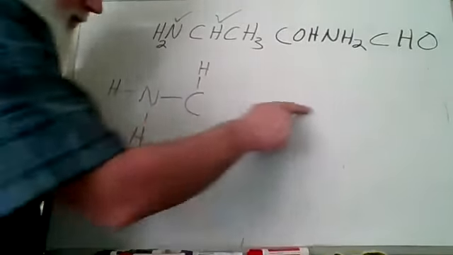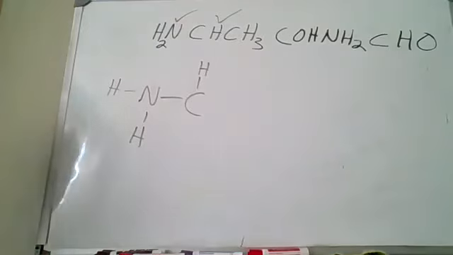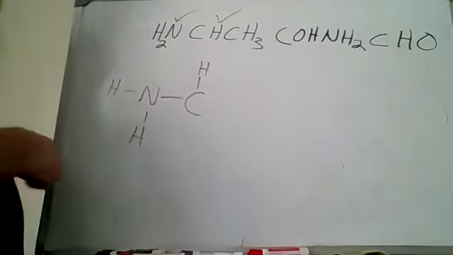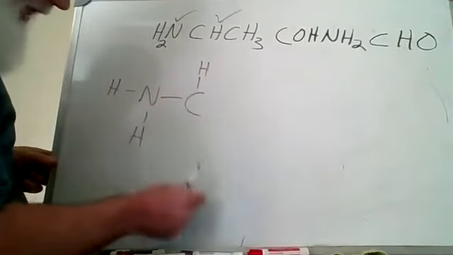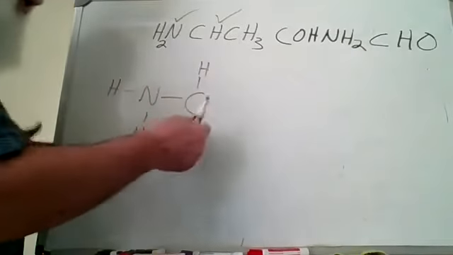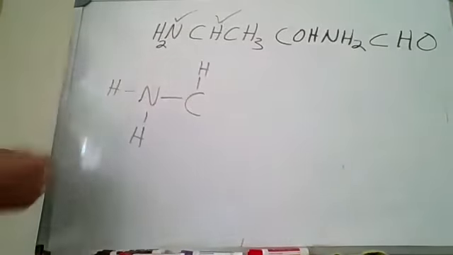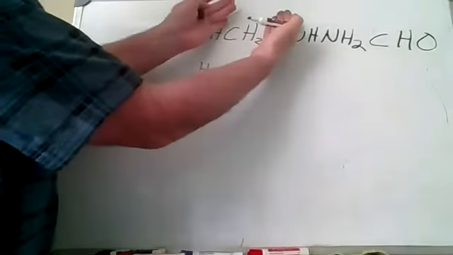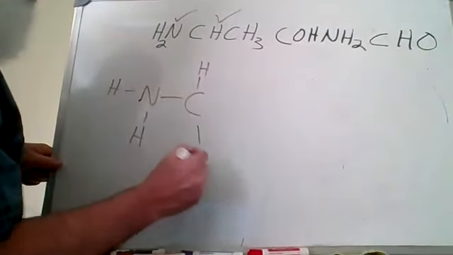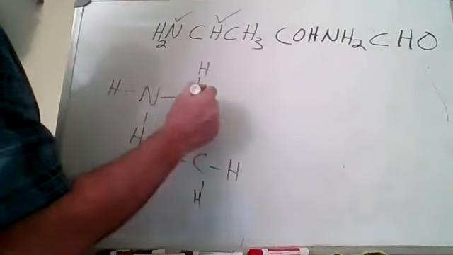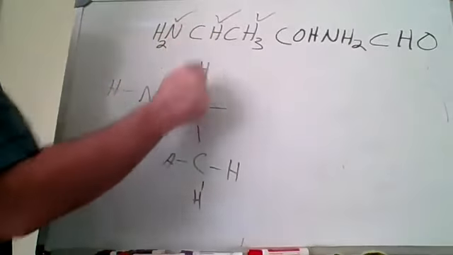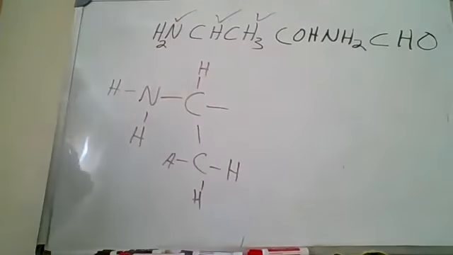Just remember, I want to grow the chain this way, right? Do every problem the same way, right? I mean, I could conceivably grow the chain down this way, but I want you to get comfortable doing all of them the same way. So since that CH3 can only make one more bond, I'm going to put it down here. And then an open-ended bond on this carbon for the 4th one, right? For the 4th one. All right, now I have another carbon,